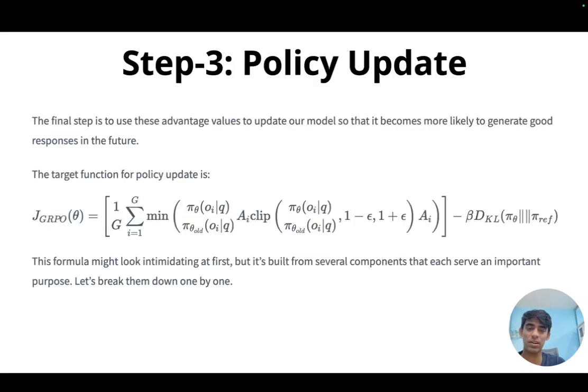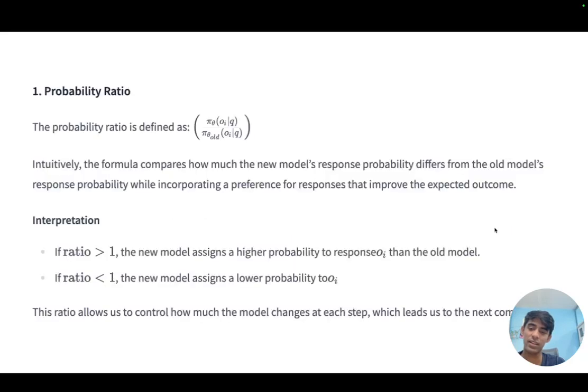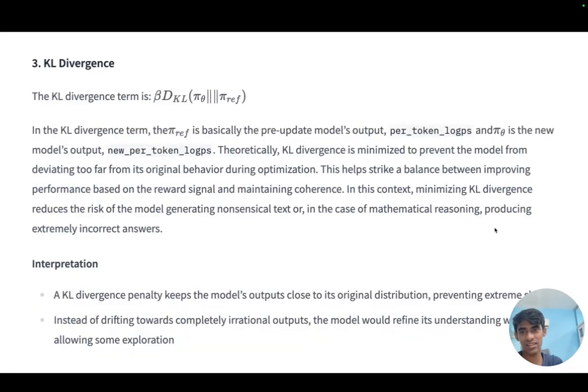I think this part we discussed, only this part is left. So this is the KL divergence term, and I don't think we need to explain much, right? It basically has this whole pi, the reinforcement learning part, right? Pi ref is the model's output before the update, the per token log probs, and this pi theta is the new model's output, right? The new per token log probs. Okay, so